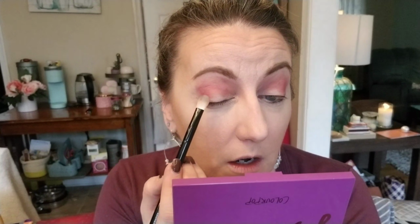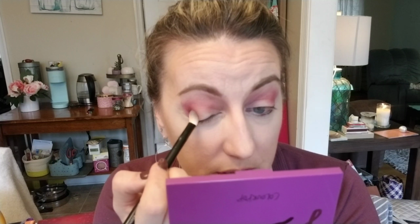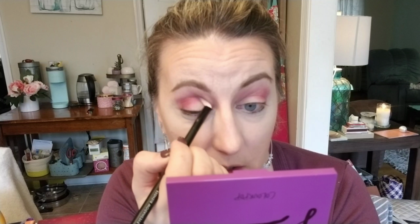All right, so they don't have a lot, mostly what's in here, because I know what color I want to put on the lid in here. So I think I'm going to go in next with Bare Minimum, which is this. Again, I'm using a shimmer on my outside, and I might even switch that up a little bit as we get to working on it. I might end up making it darker. I don't know. I swatched these a couple hours ago, so I'm not 100% sure how dark they are. So let's move that in the crease a little bit, and I'm going to pull it all the way down here,